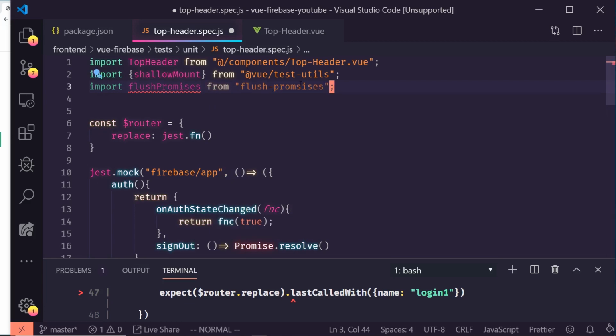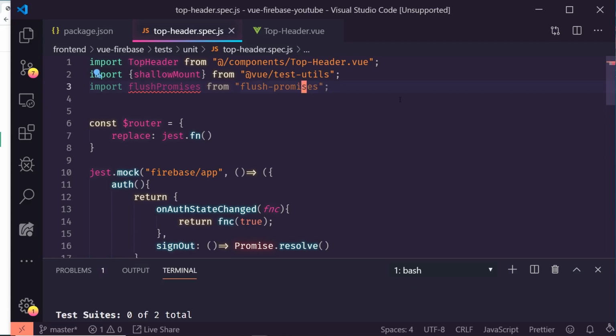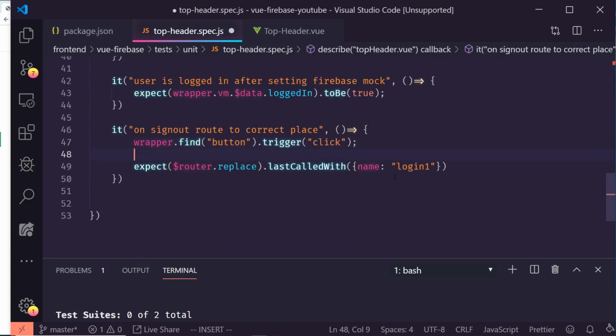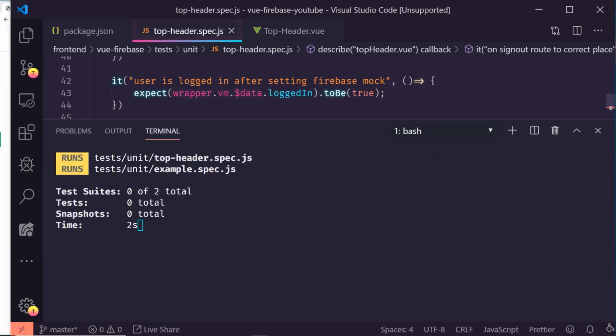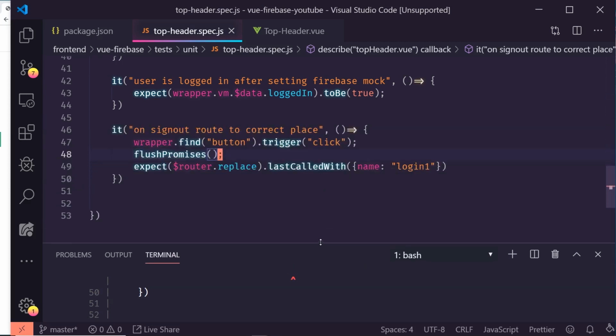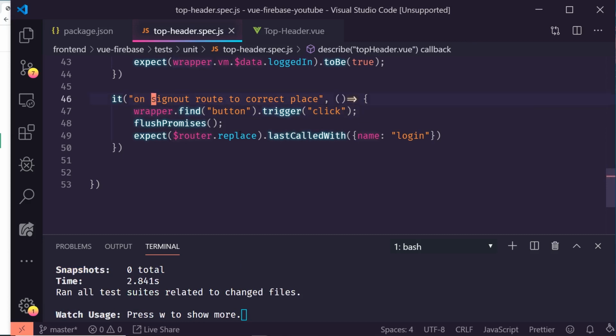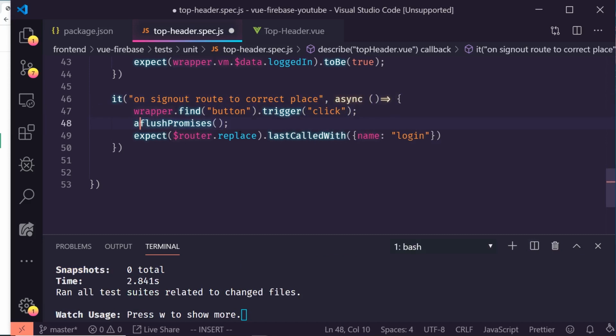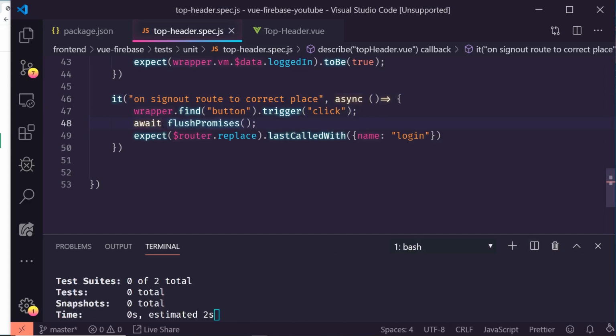So here's flush promises. Let me see if I can spell this. And it's flush promises. So now up right here, right after I do this trigger, I'm going to just call flush promises and see if that fixes it. Okay. So it says number of calls 0. So it still doesn't think it was called. Oops, I found my error here. And actually what I need to do is make this an async function. And this flush promises, I need to wait on it. And if I do that,